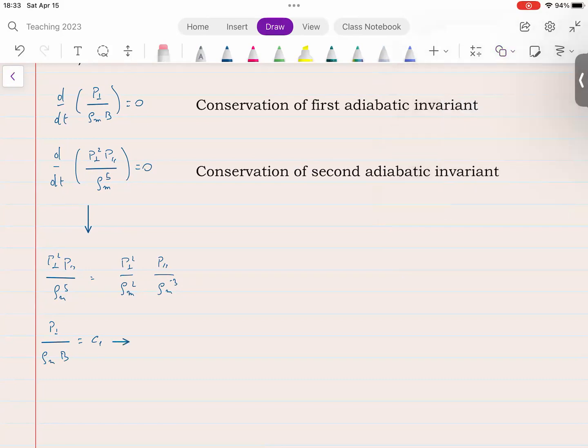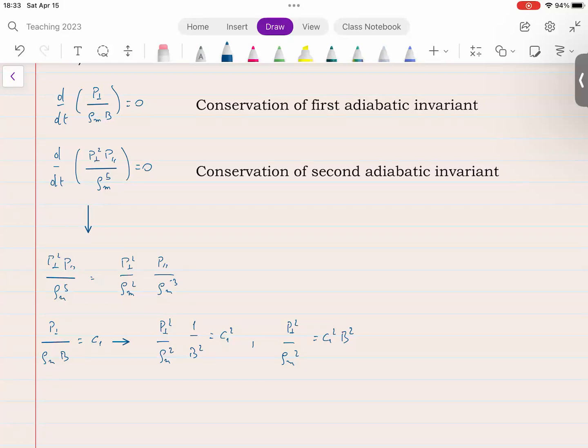And therefore, P perp squared over rho squared times 1 over B squared is equal to a constant. Or P perp squared over rho squared is equal to a constant times B squared, which I can replace